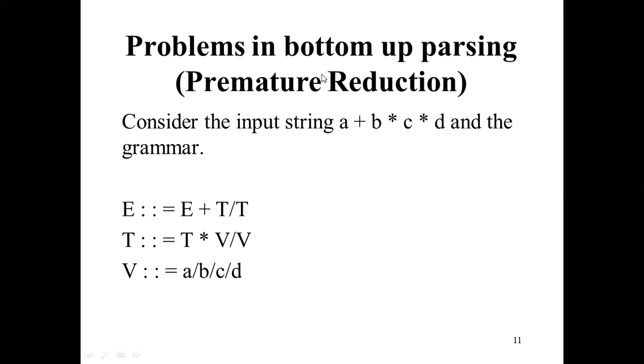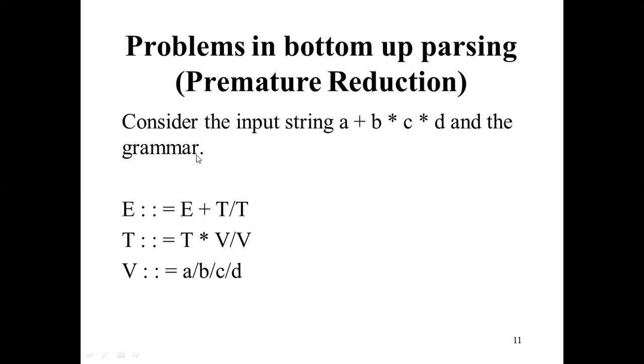So for that, some updation is required. Some type of updation in the grammar we will do, then we will be able to get the exact output, equivalent to the given input string. Here we can see again, we are taking the same input string A plus B star C star D. This is the given input string and this is the given grammar. So try to understand. Do you want to ask anything?